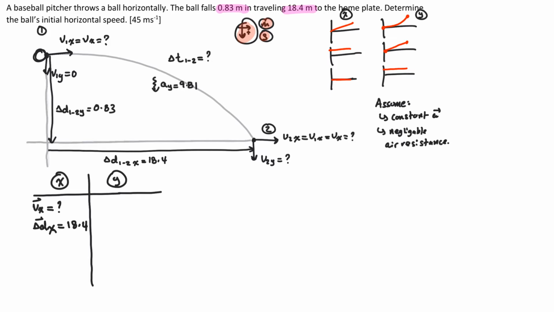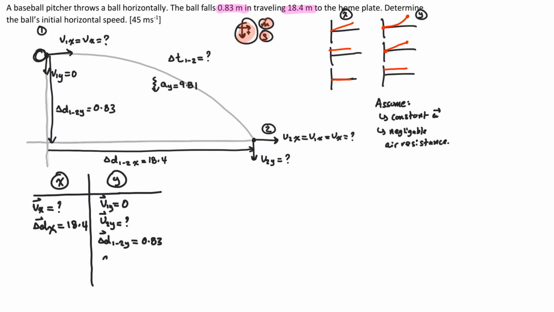In the y direction, we have v1, and again, you don't have to write y here, especially since you've labeled it here. I'm used to it, so I'm going to do it. v1y here is 0, v2y we don't know. Displacement from 1 to 2 in the y direction is equal to 0.83. It is totally a positive value because it's traveling in the positive direction based on our reference or sign